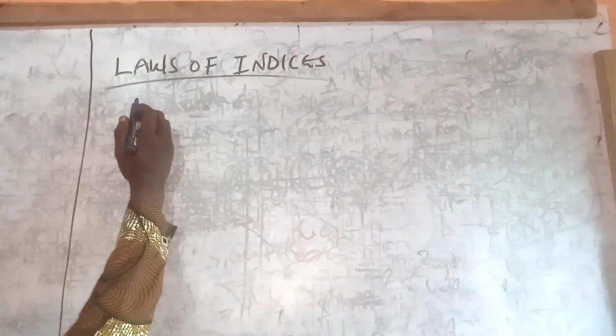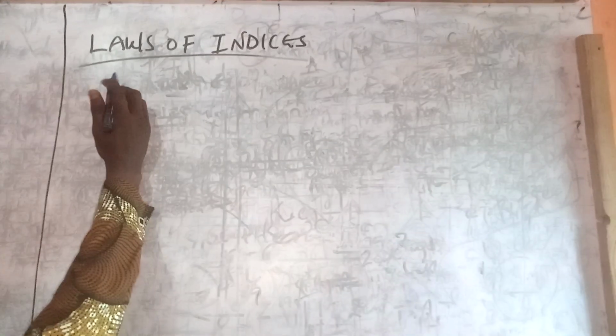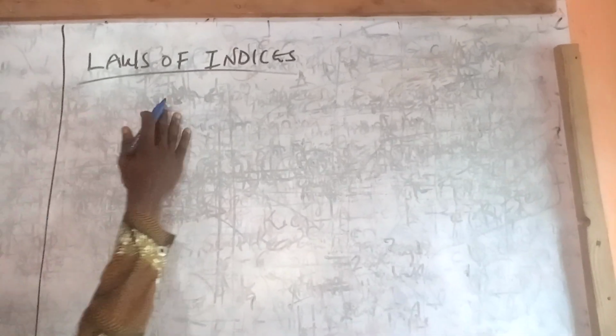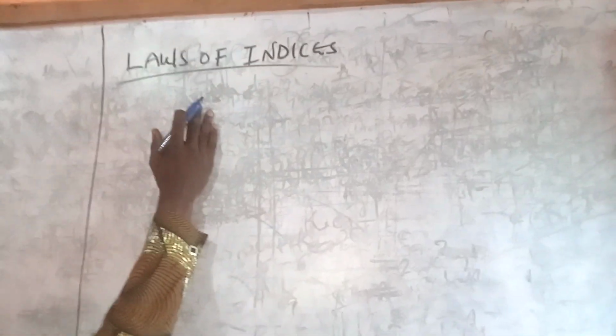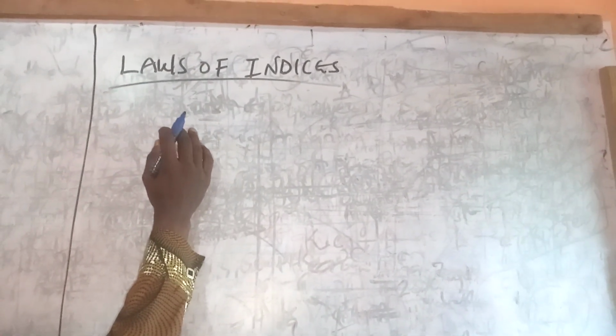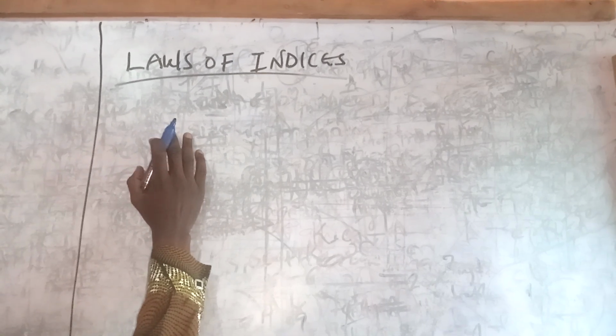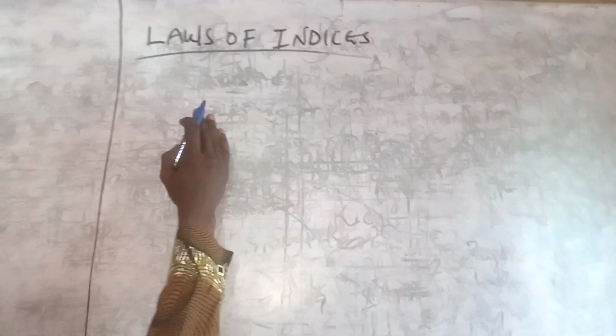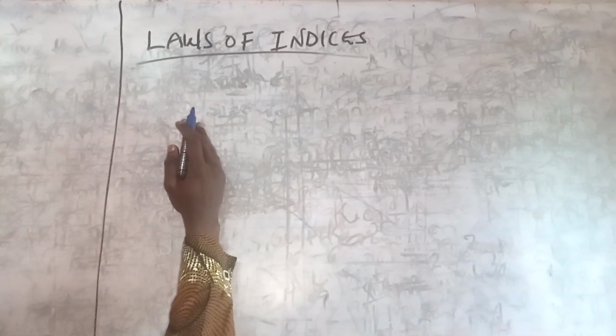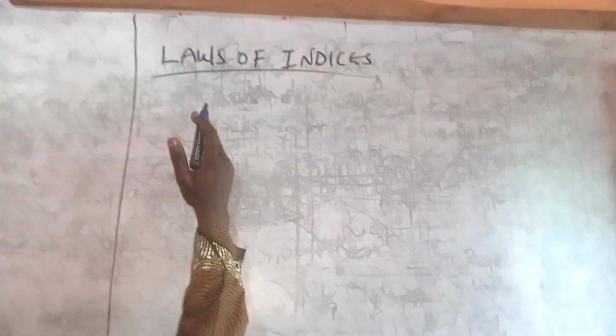In the first episode, we looked at the 7 laws of indices, from law 1 to law 7. Today we'll be taking examples on the first 2 laws of indices. That is, what are the likely problems that one can encounter when solving the first law and the second law